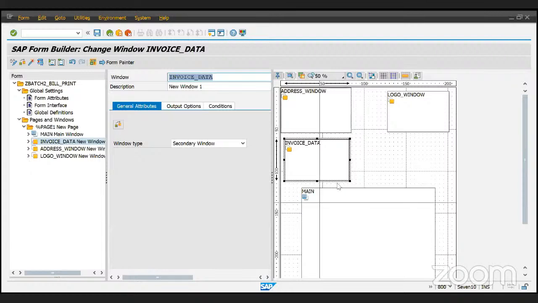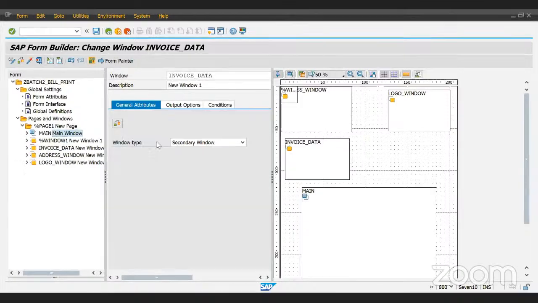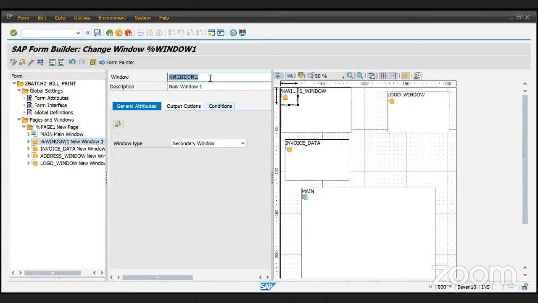Now I want to print my customer data also, to whom I am sending this information, or my vendor information. So how can I do that? Again, go there, right click and create window. And then here I can print my customer information. So if I say customer